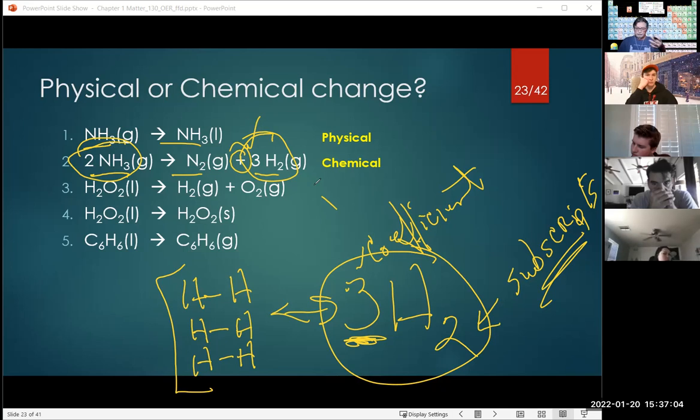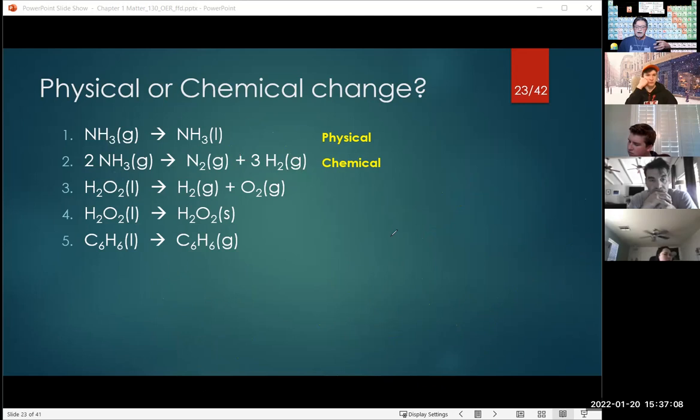That is due to the law of conservation of matter. And notice they put numbers in front because these equations had to be balanced to make sure that the conservation of matter has not been lost. Okay, so notice we got two nitrogens on the reactant side. Guess what? 2 nitrogens on the product side.